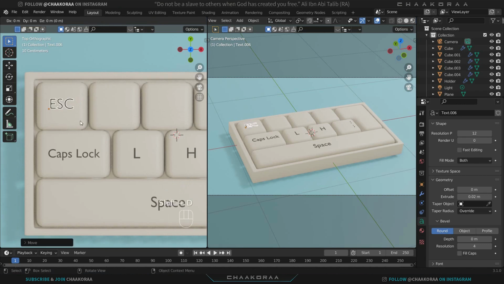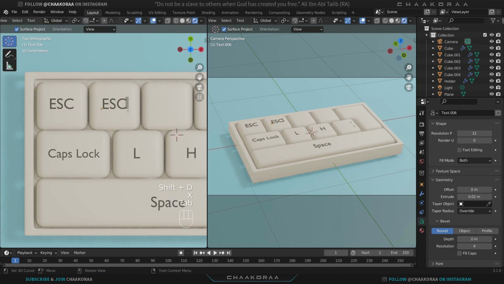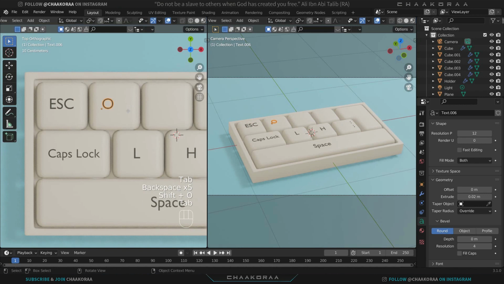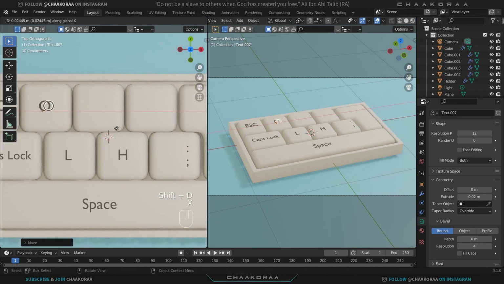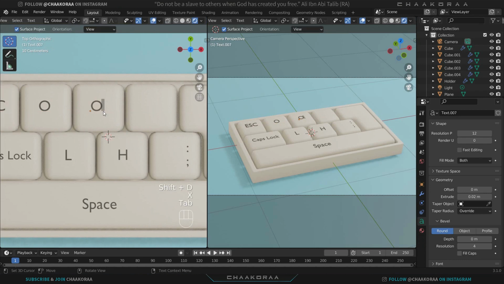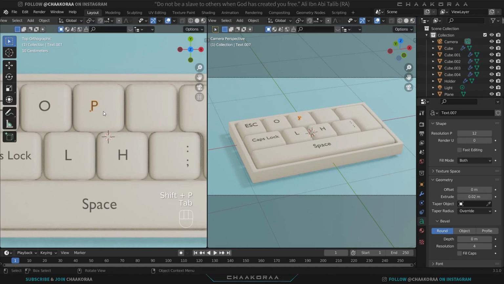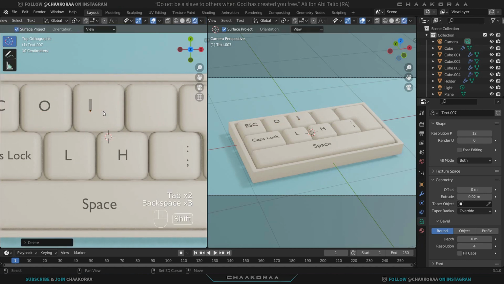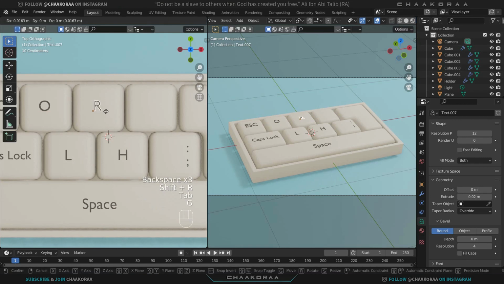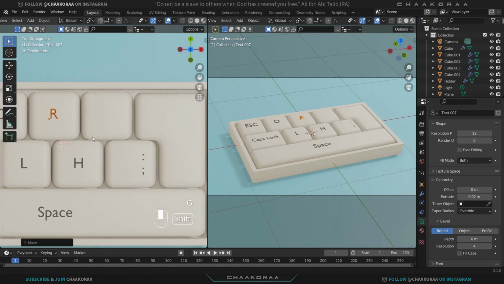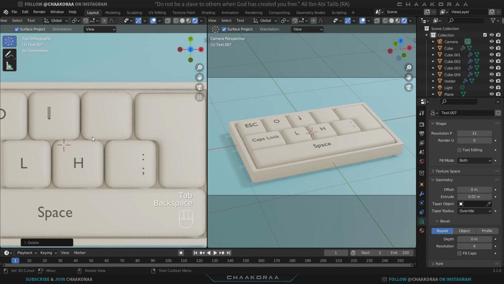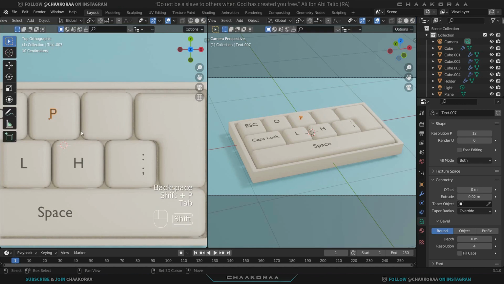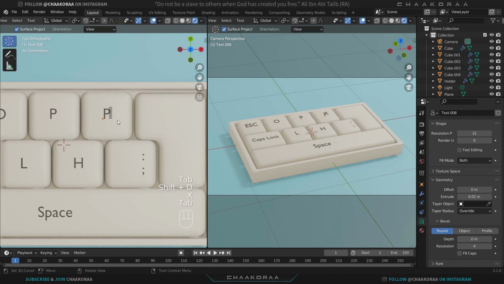and then take a copy and bring it here. I'm gonna change it to maybe O. It's not a big deal, we're just changing the text here. And for this one, maybe I can use the P, or not P, R. They aren't in order, I know, but P is good for this. Yeah, let's change it to P and bring it, take another one here, and for this one I'm gonna use